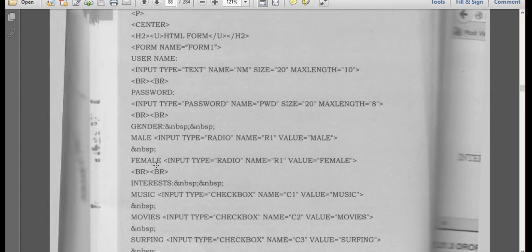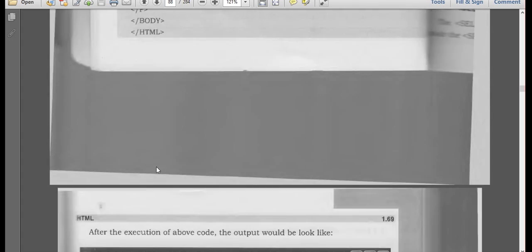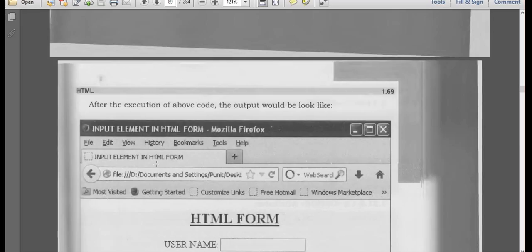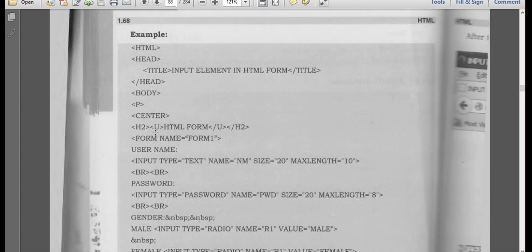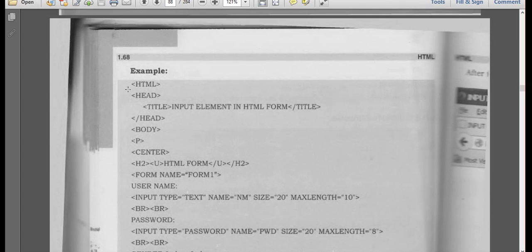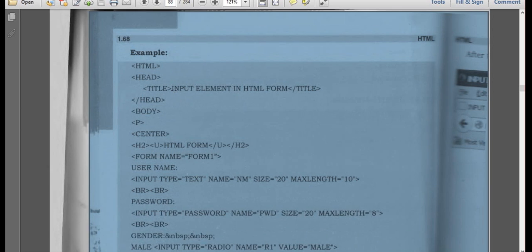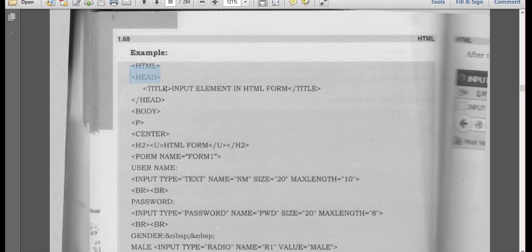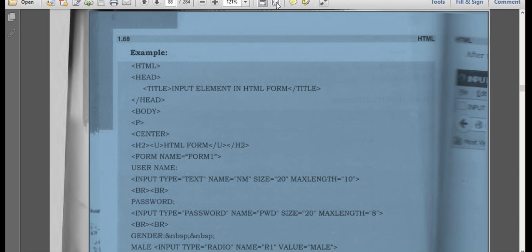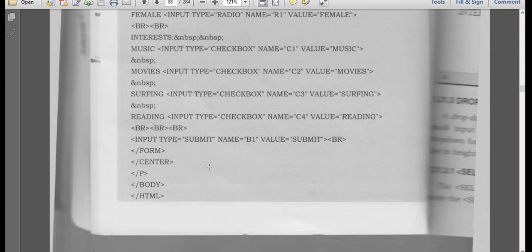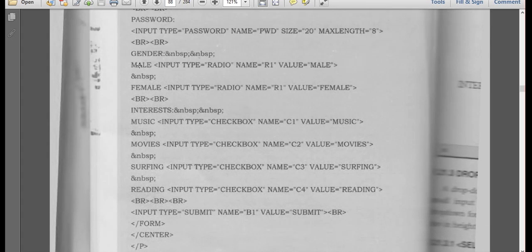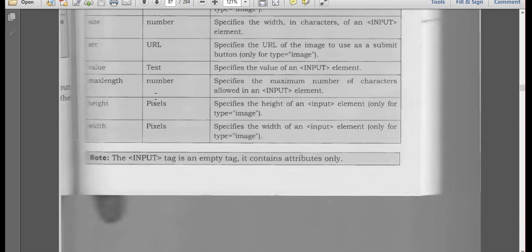So this example program, once I execute the program, then we will come to know. How to select the content.